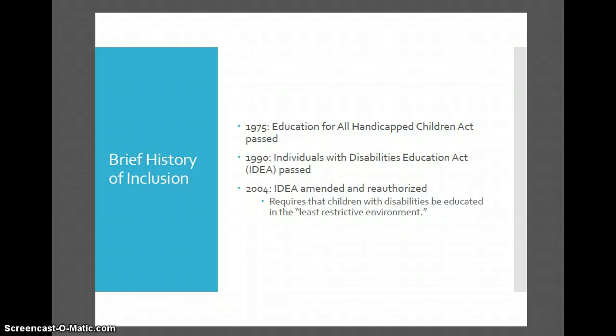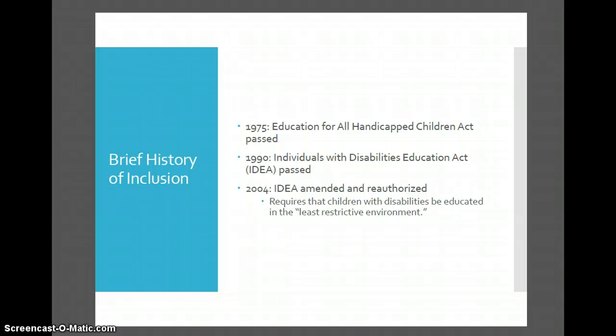And what IDEA did when it was passed again in 2004 is it put this language out there into our nation. It requires that children with disabilities be educated in the least restrictive environment. This term is sometimes abbreviated LRE, and it's a really important one to know. What this term means, least restrictive environment, you have to remember that it's different for every child, different for every individual, but what it means is that every child has the right to be placed in the environment that is most typical, where they can